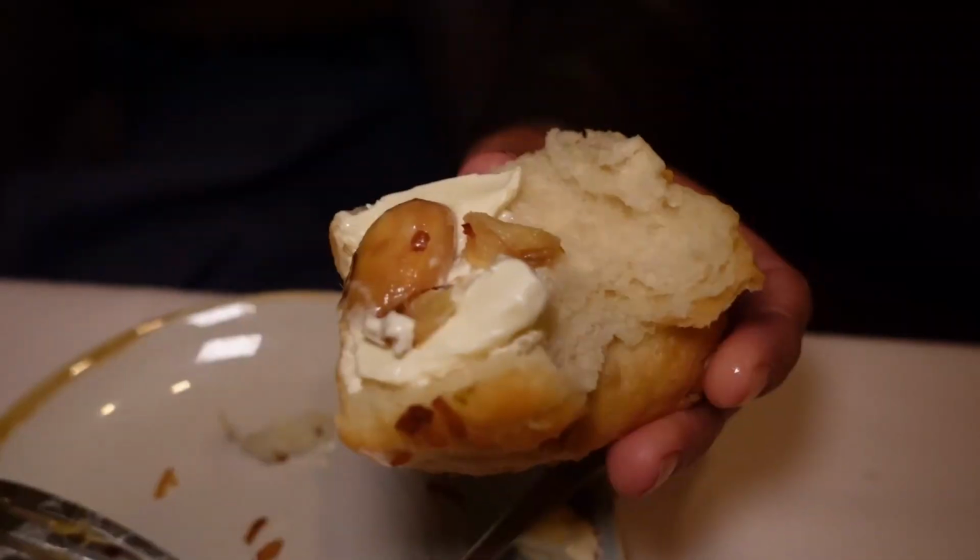I didn't do the garlic, but I'm betting that made it even better. Oh, she's going for a whole nother clove of that garlic. Man, that bread's actually pretty good. Oh, and my French onion soup came, which I forgot about because the bread came